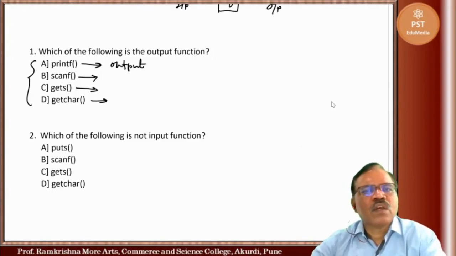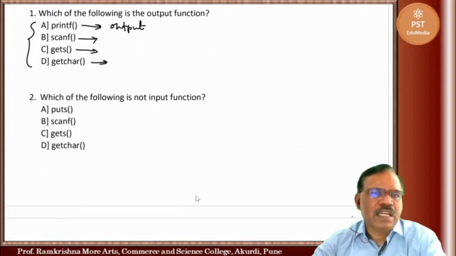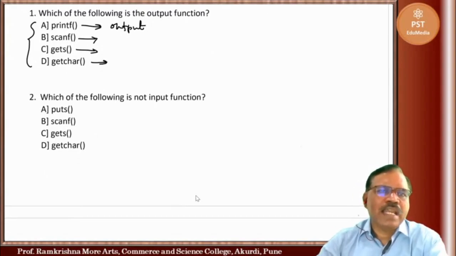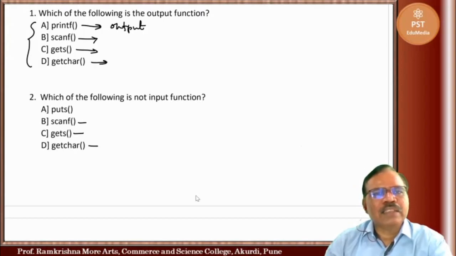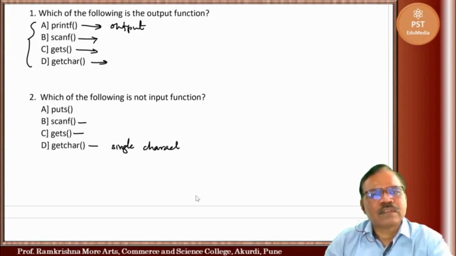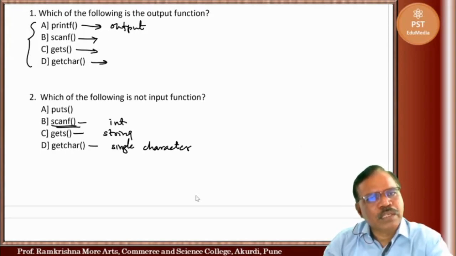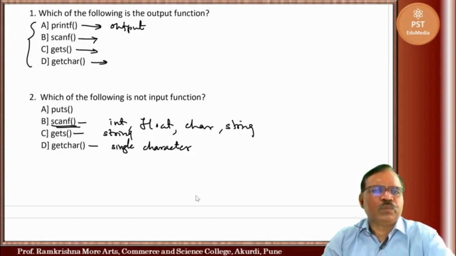Now next one, which of the following is not an input function? scanf is an input function, gets is an input function, getchar is an input function. getchar is used to input a single character. gets is used to input a string, and scanf is used to take input of integer, float, character, or you can take a string also.